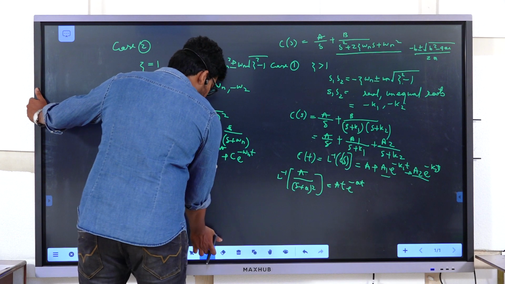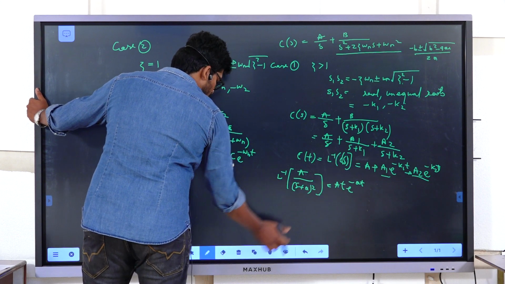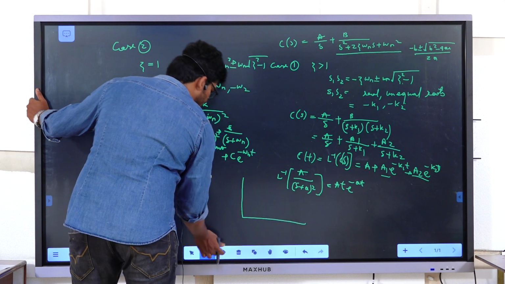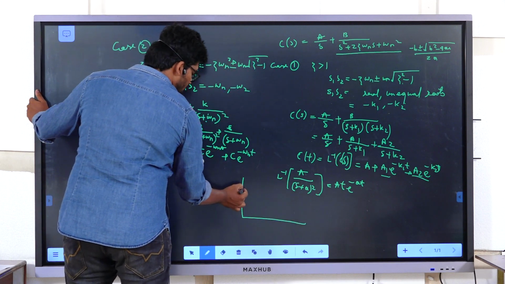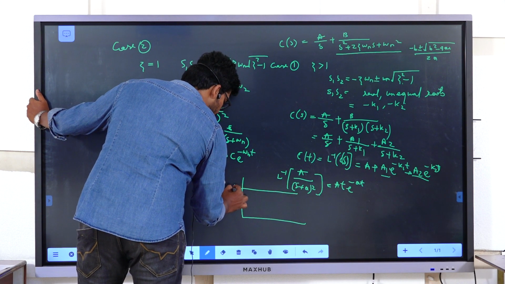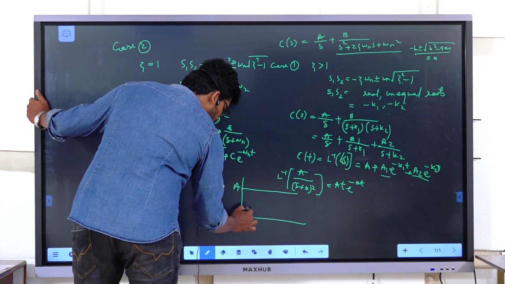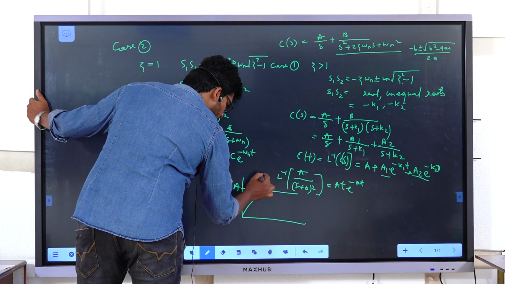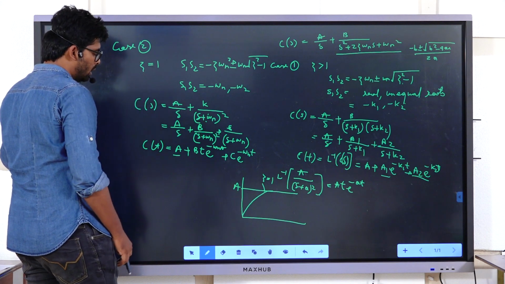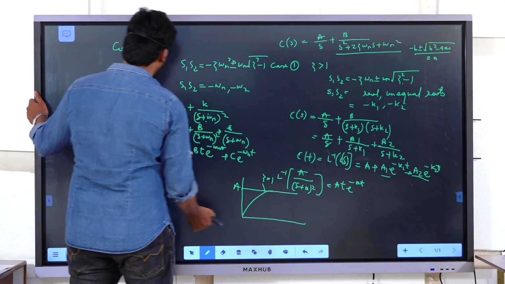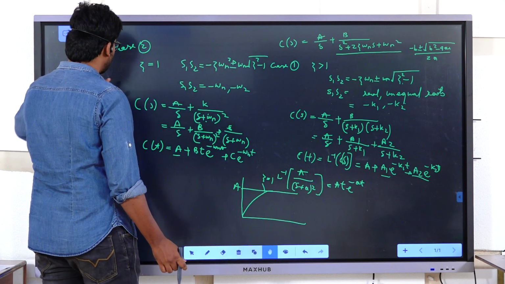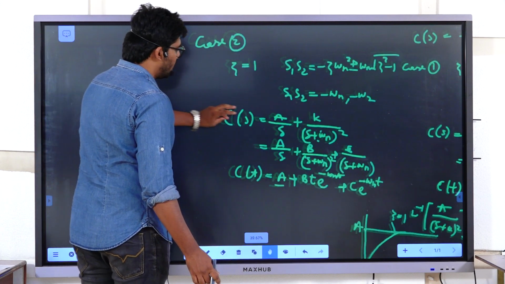So the response of the system for the unit step input, ultimately we have to get the unit step input, will be like this for zeta equal to 1. Okay, when zeta equal to 1, the response of the system is said to be critically damped. Now let us see the response of the system for zeta